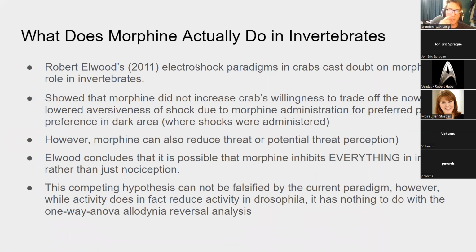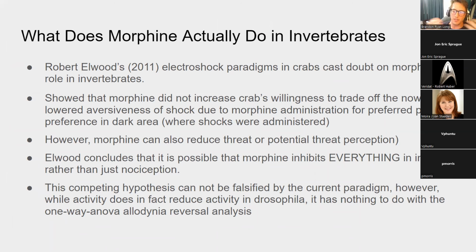So this raises the question, what is this actually doing in the fruit flies? There have been some people thinking about this for quite a while. There was an experiment done where they administered morphine to crabs, and it didn't seem to actually make them more willing to make trade-offs where